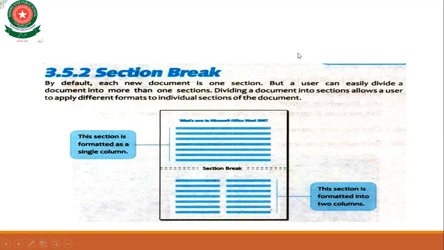It means that at first when you write something on the Word document, there is only one section, but you can easily divide a document into more than one section. Dividing a document into sections allows a user to apply different formats to individual sections of the document.